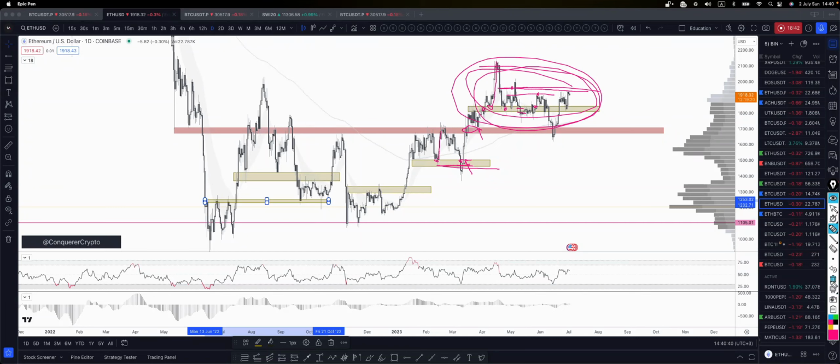Your main levels that you want to do business at are the red ones, right? You don't want to be buying and selling all the time here. But for example, if it reclaims the level, clear reclaim, then you buy, and that's your first TP. And if it holds, then